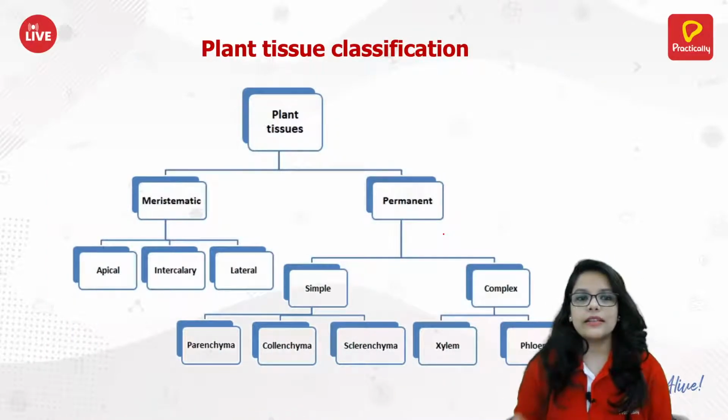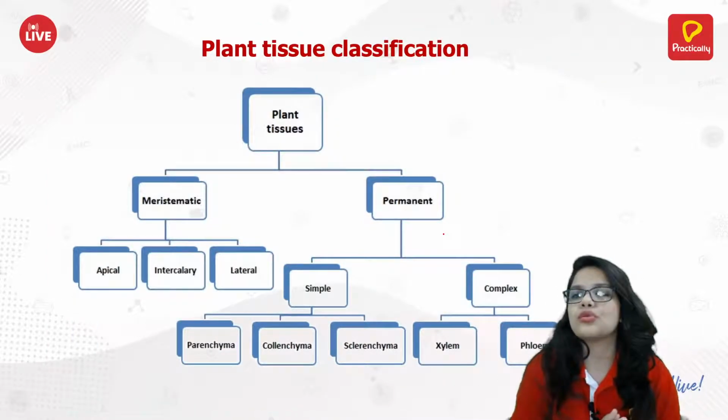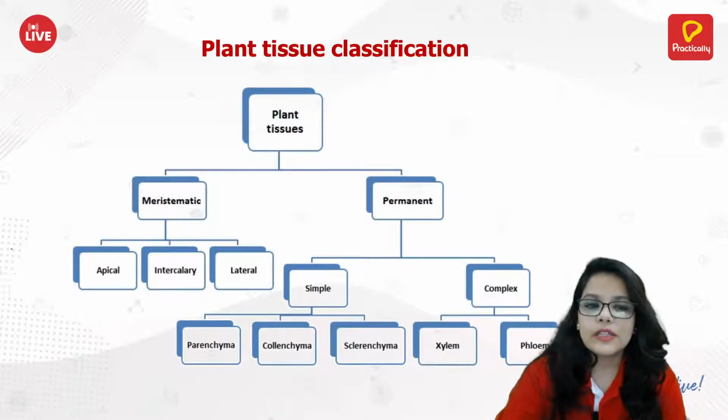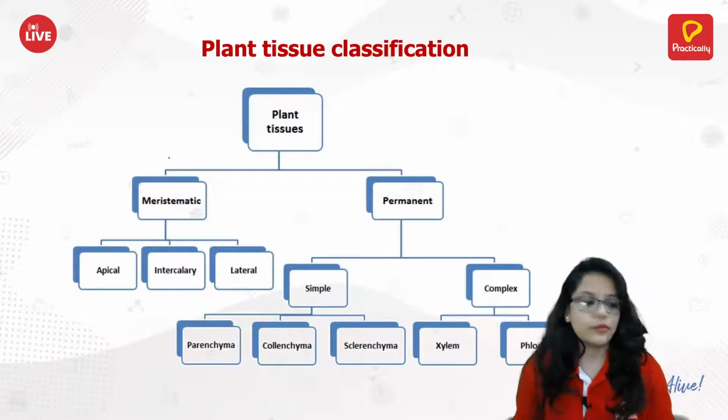So as I said, there are a lot of different kinds of tissues. The first division will be,